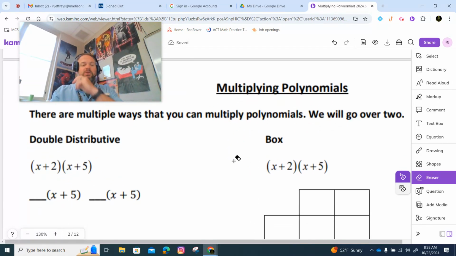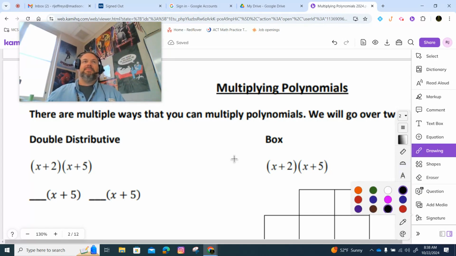I'm going to show two. So we're going to have a double distributive property. Double meaning what? Two. Yeah, double means two. Type it in your phone. What does double mean? Okay, so now,